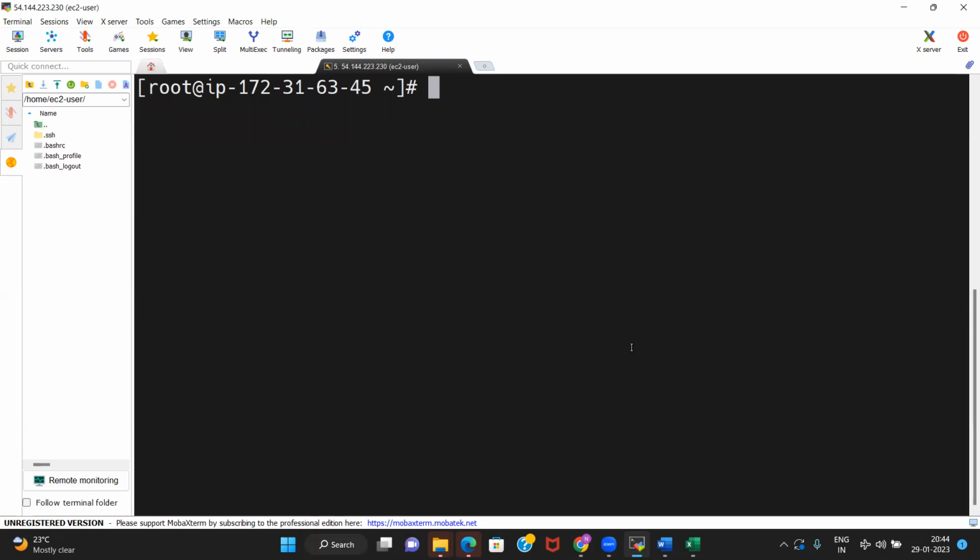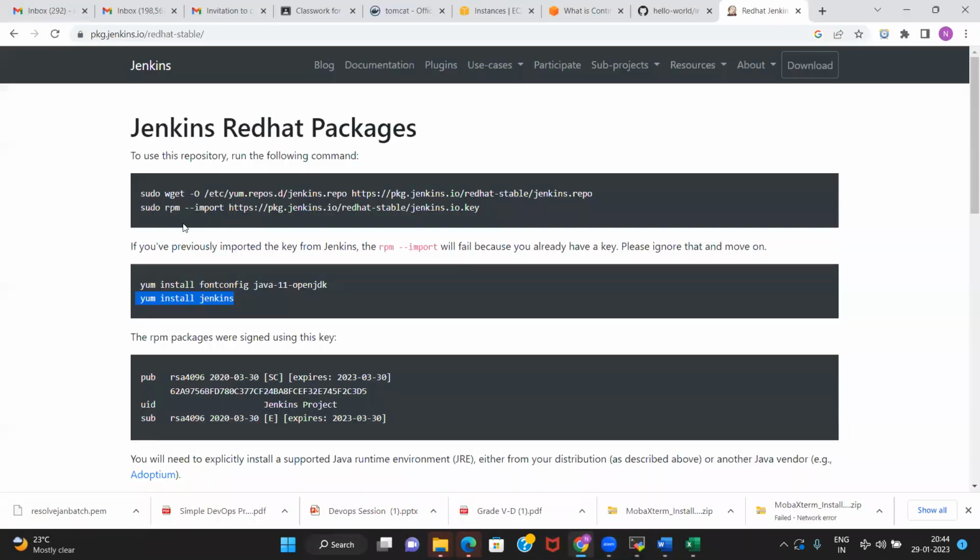Because we are into Amazon Linux, that's why the core thing didn't work. But in general, the 4 commands that are available on the official page of Jenkins, you will find it here, how to download it, for Jenkins Red Hat and all the other stuff.